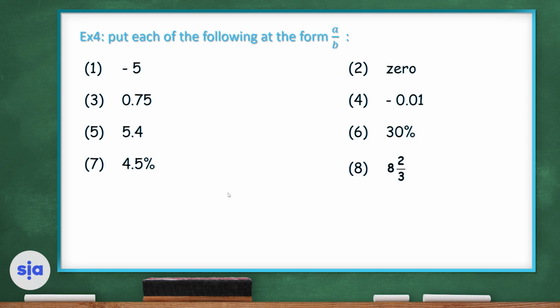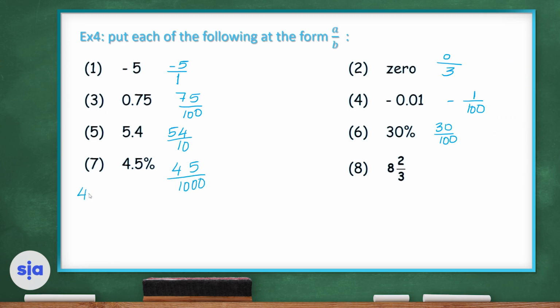Exercise number 4, put each of the following as the form a over b. -5, so it's -5 over 1. 0, I can put 0 over any number I want, for example 3. 0.75, it's 75 over 100. -0.01, it's -1 over 100. 5.4, it's 54 divided by 10. 30%, it's 30 divided by 100. 4.5%, it's 45 divided by 1,000,